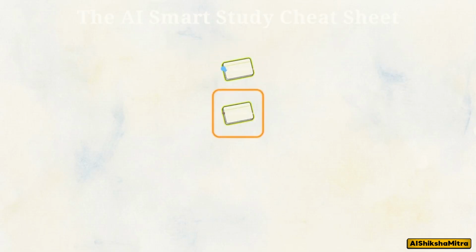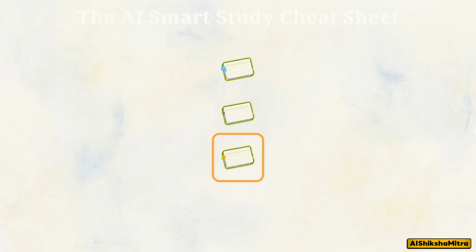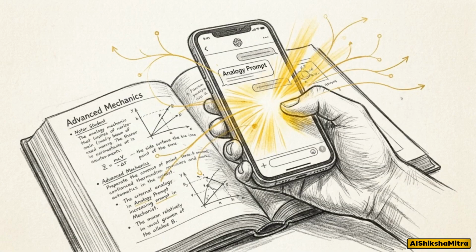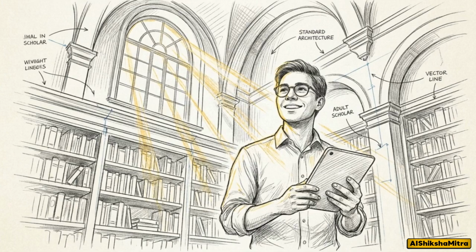This graphic summarizes the 4 core templates we've covered. We have the analogy prompt, the 12-year-old simplification prompt, the active revision prompt, and the Feynman prompt. Take a screenshot of this list right now. Apply one of these specific prompts to a difficult chapter tonight, because ultimately you are the creator